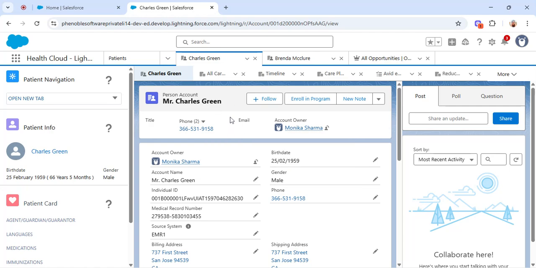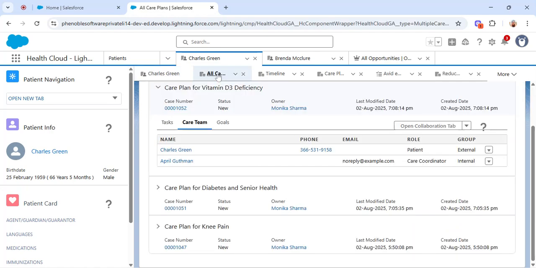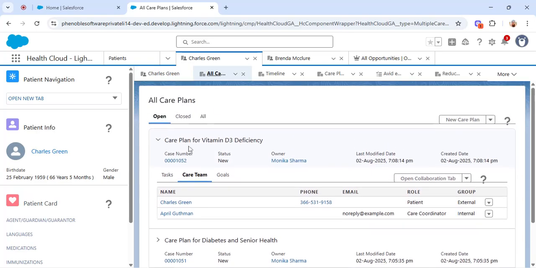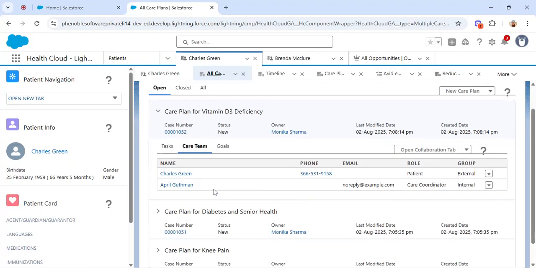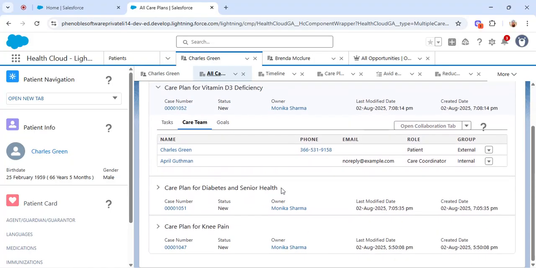This is the patient record, and when you click on All Care Plans, it will show all of the care plans for this patient. For example, I have created these care plans for this patient: diabetes and senior health care plan.